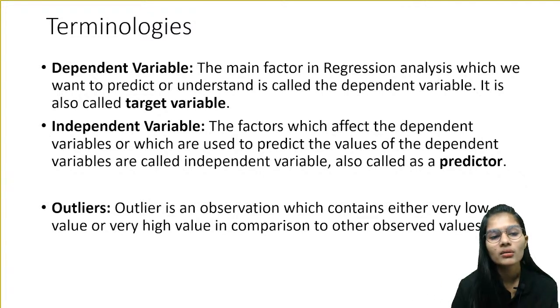राइट। So dependent, independent ये दो टर्म्स है जो कि आपको ध्यान रखना है, और उससे ज्यादा जरूरी आपको टारगेट वेरिएबल और प्रेडिक्टर याद रखना है। Because टारगेट वेरिएबल और प्रेडिक्टर हम लोग बहुत फ्रीक्वेंटली यूज करते हैं।